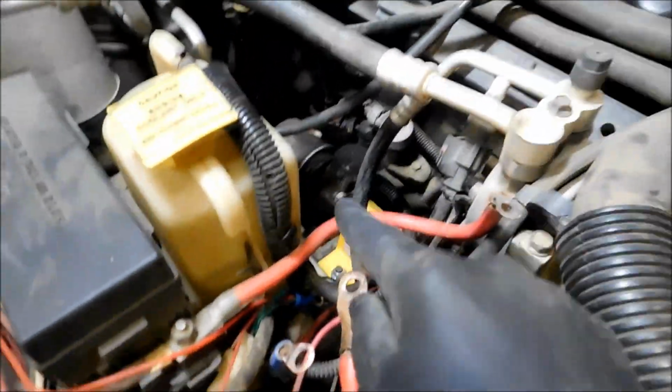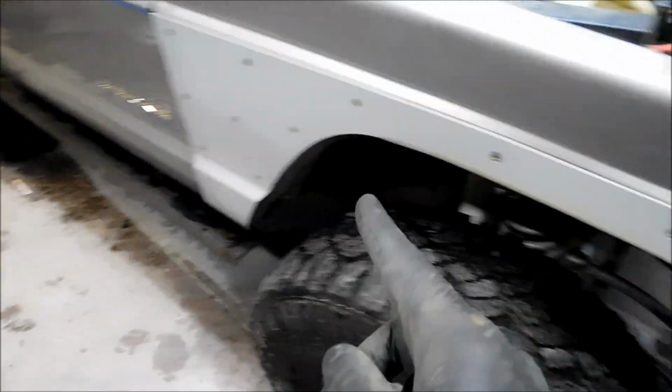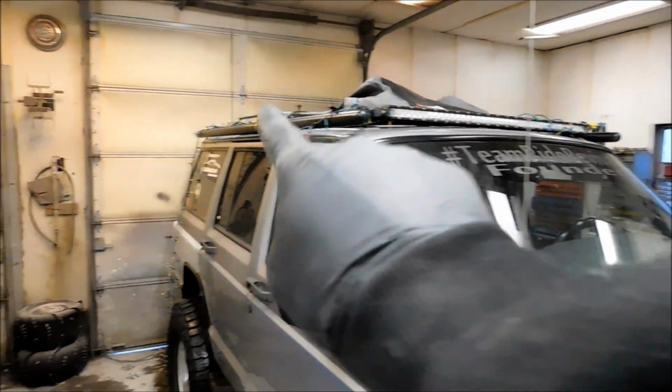I have the Brown Dog motor mounts. I have the custom exhaust system that runs in the back. My fuel system's all factory other than my injectors, which I showed you. My lighting, I ran that down with you. I'm gonna do